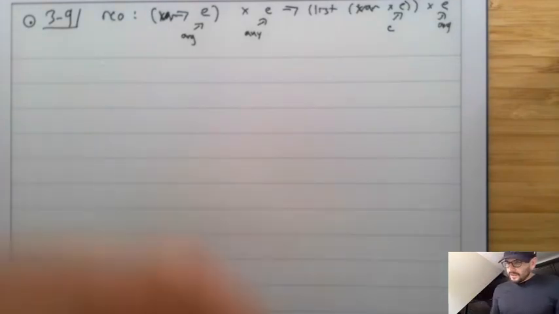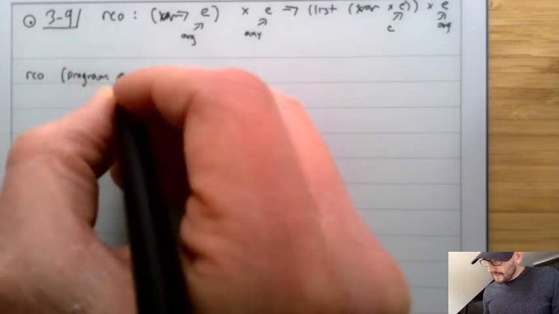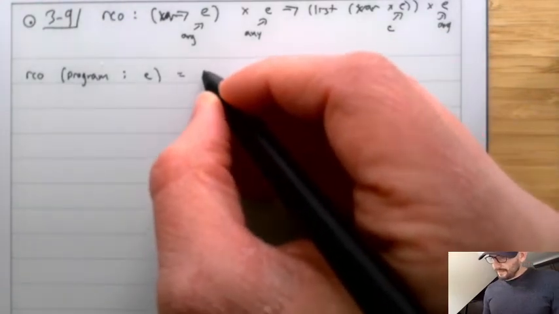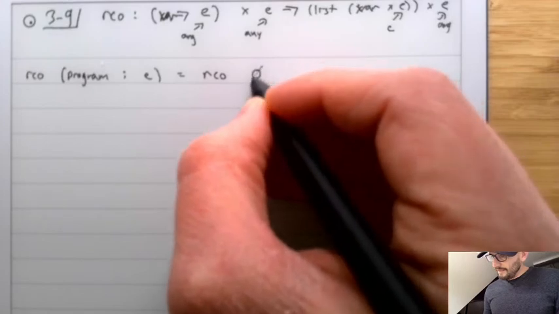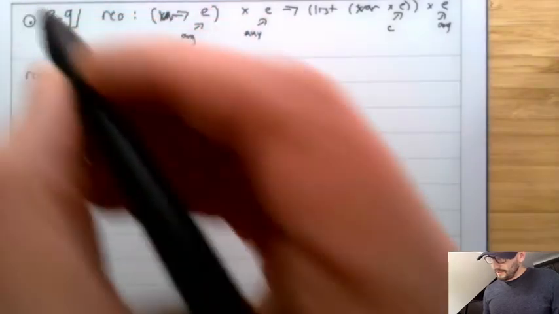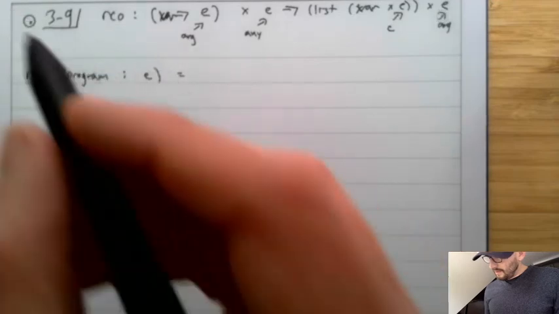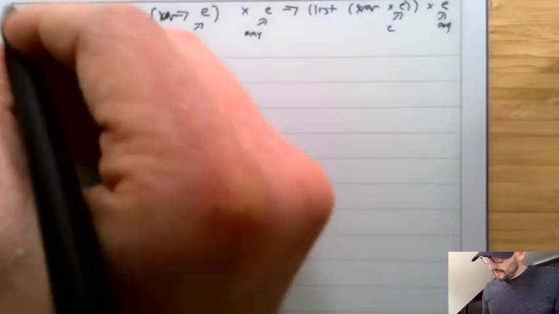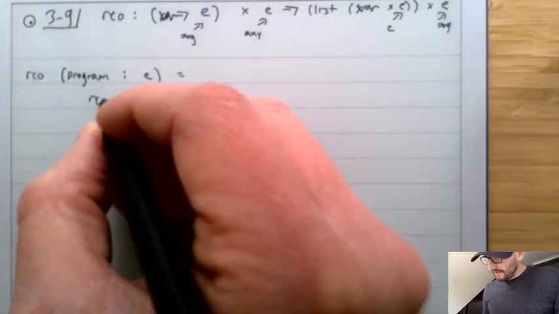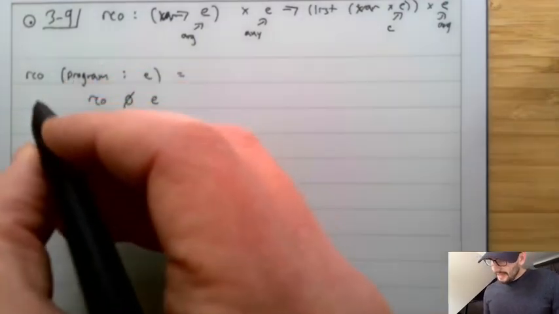All right. So if we call RCO on a program with some expression E, then we're going to call RCO on an empty one of these mappings, because we don't know anything yet, and that expression E. And that is going to return,